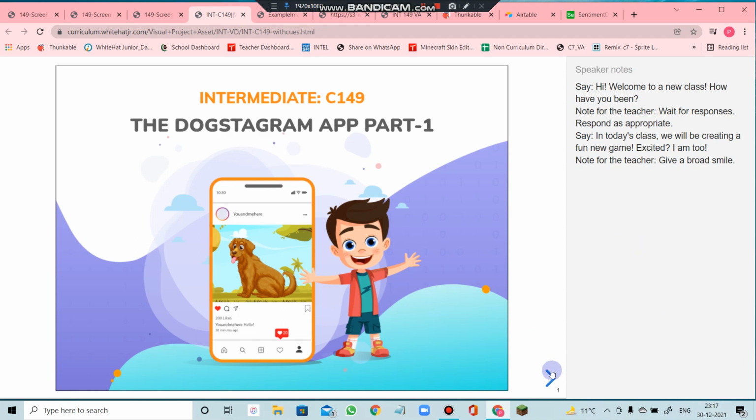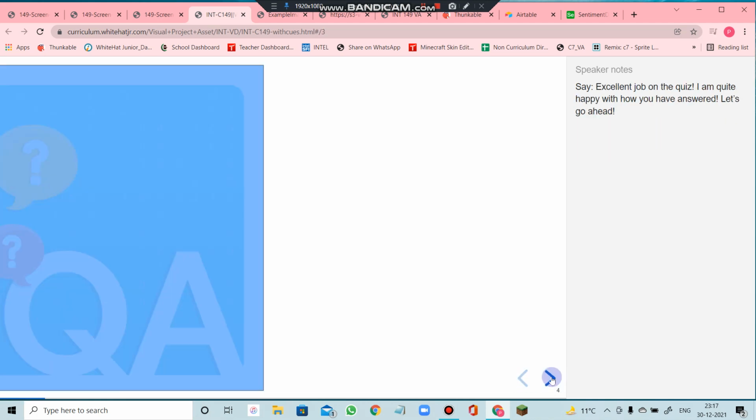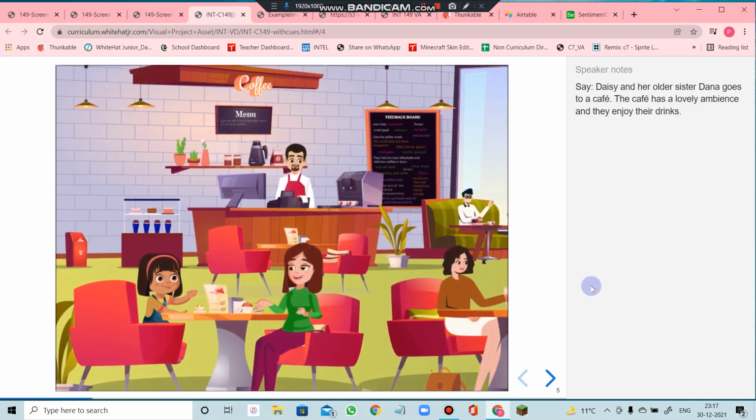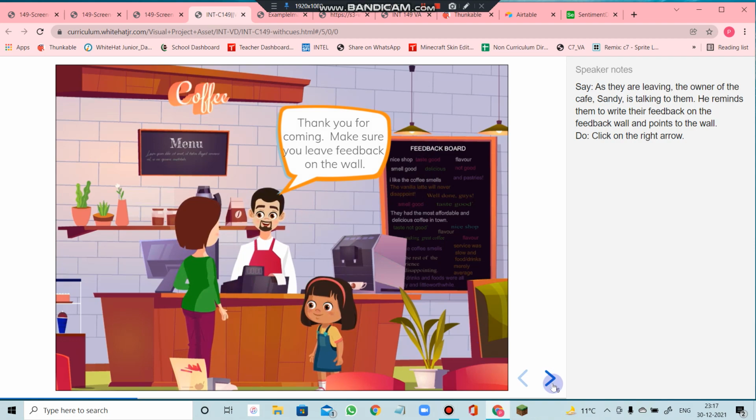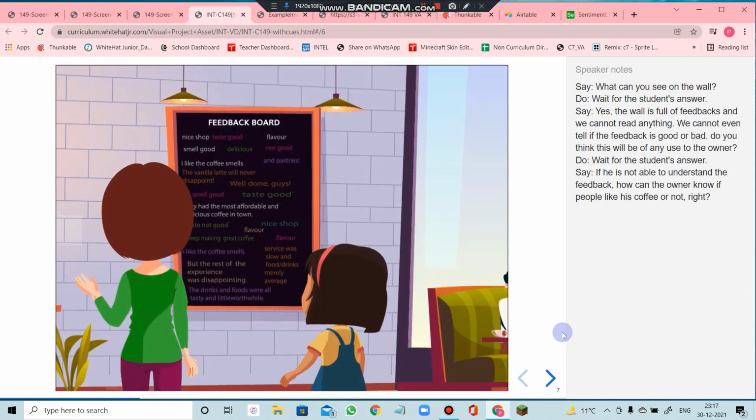So yes, you can begin by doing a quick revision of the previous class. Once that is done, you can pick up the visual aid slides to explain the activity. Here there are two sisters, Daisy and Dana, who have come to a coffee shop and were enjoying their time, and the ambience was good. When they went to the manager to pay the bill, the manager asked them to share feedback on the feedback board. Now when they were reading the feedback on the board, they got really confused as to